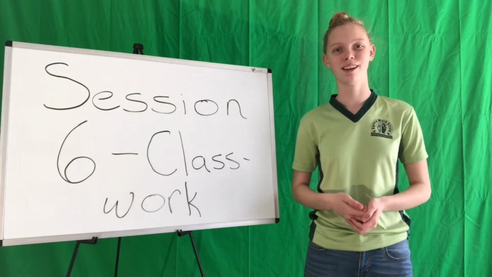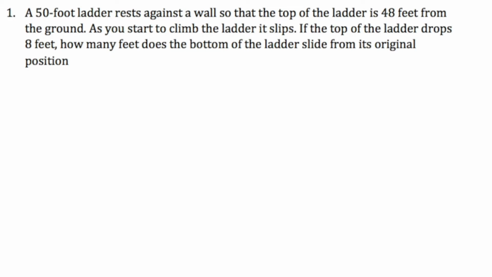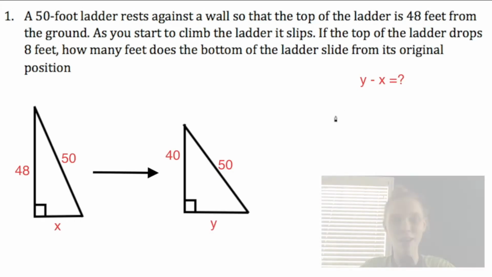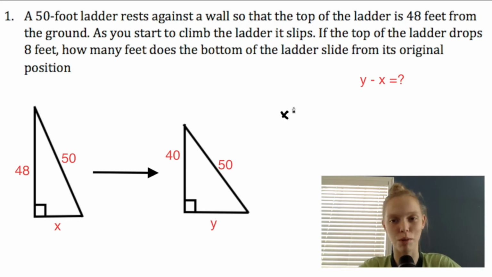Let's get started. Question number 1. A 50-foot ladder rests against a wall so that the top of the ladder is 48 feet from the ground. As you start to climb the ladder, it slips. If the top of the ladder drops 8 feet, how many feet does the bottom of the ladder slide from its original position? Alright, so in order to solve this problem, we're going to use the Pythagorean theorem, which states